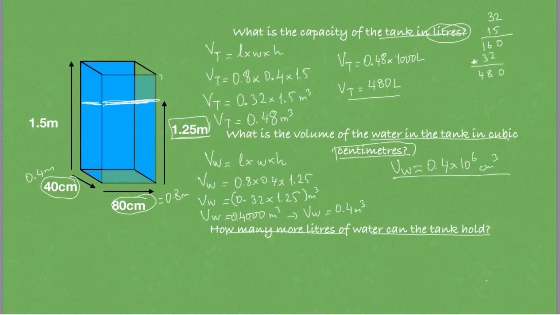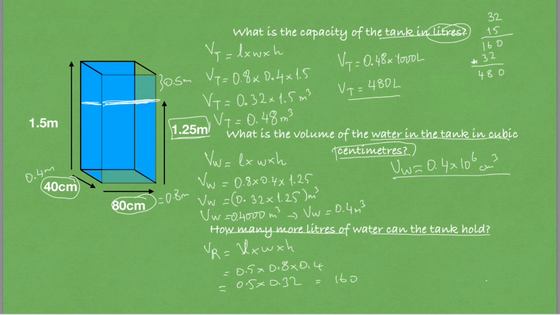The remaining height here is 0.5 meter, so the remaining volume we can say is length times width times height, which is 0.5 times 0.8 times 0.4, which makes 0.5 times 0.32, and